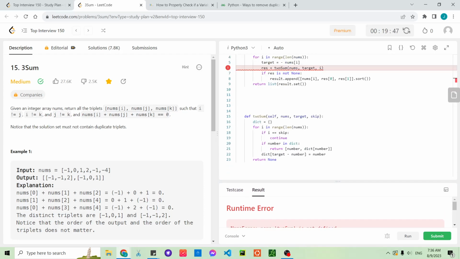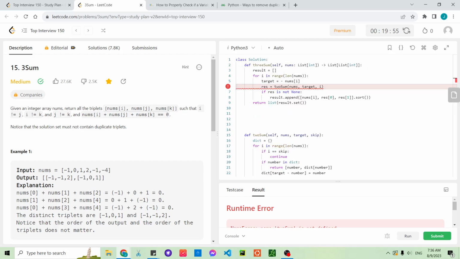I don't know how to fix this. Okay, I don't know how to fix that, so